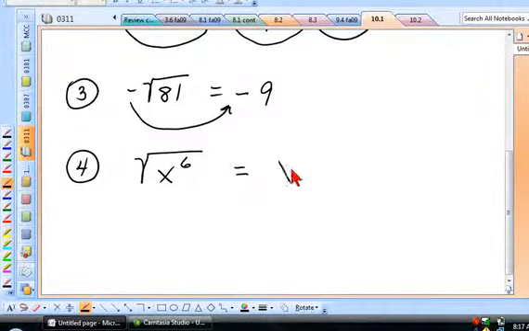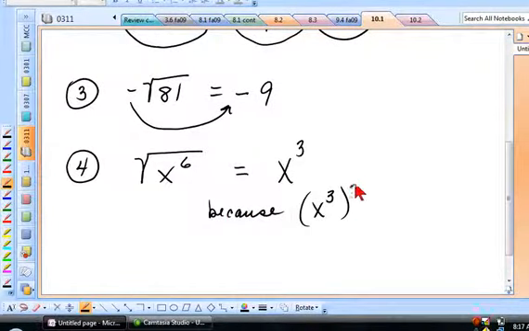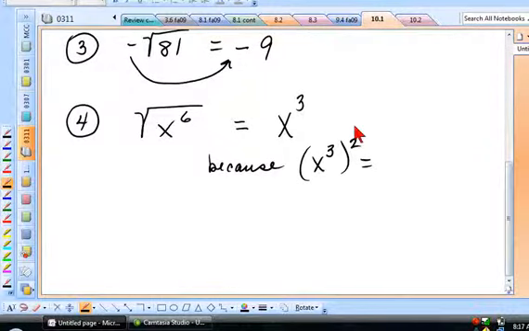X to the 3rd. Your instincts are good. That is the right answer because x to the 3rd squared, do you remember from Math 307 or from a previous math background that when you have powers to powers, you use the power rule, which says to